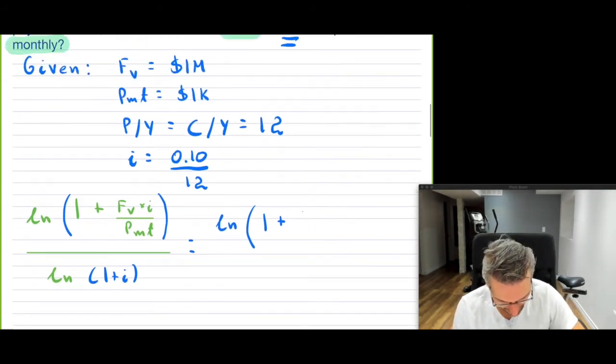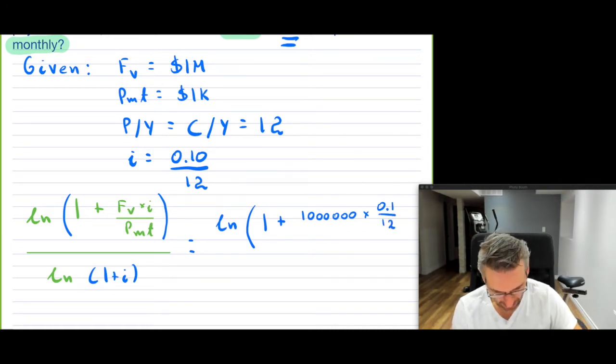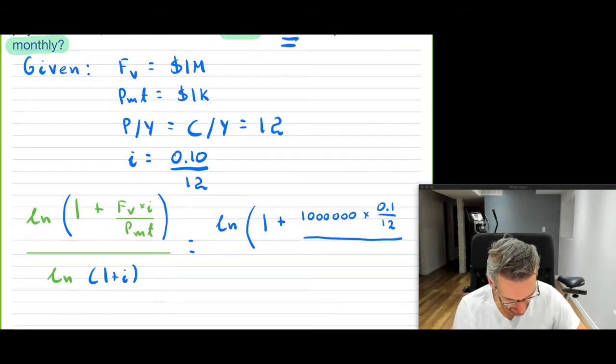So 1 million, this is going to be 1 million multiplied by our interest. So notice our interest right there is 0.10 divided by 12. And all of this is divided by the payment. And my payment was